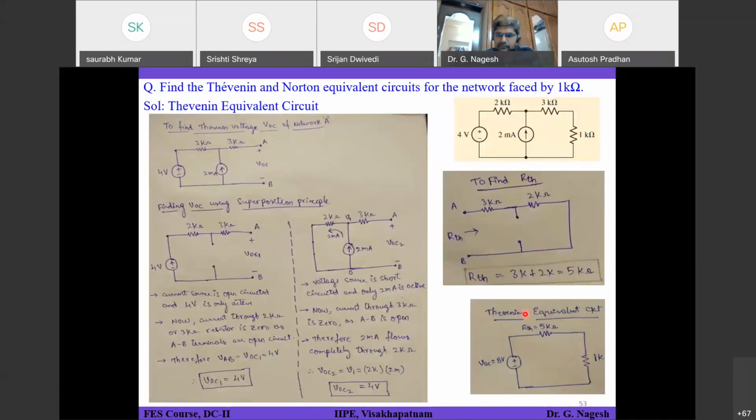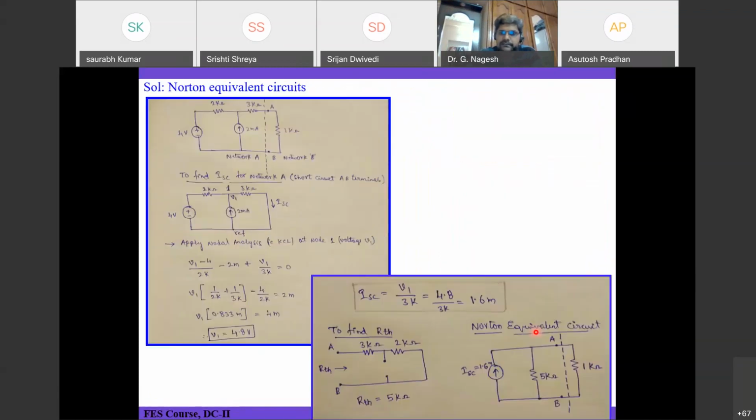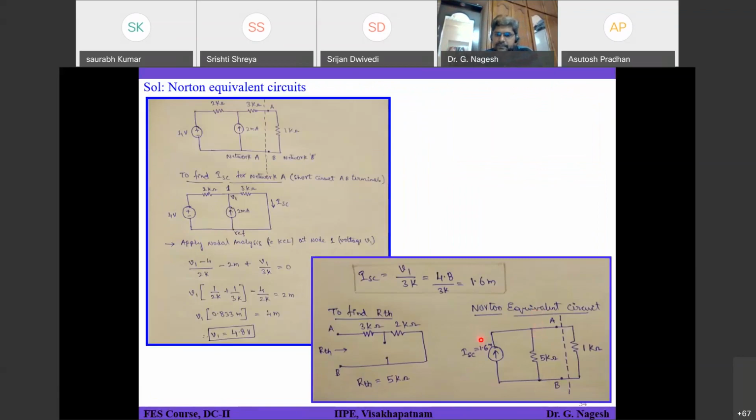If you consider this part as a practical voltage source, you simply convert this practical voltage source into an equivalent current source. You should have a current source in parallel with a resistor, right? That is what is shown here. Is it clear? So that means we can find the Thevenin or the Norton source and convert it. We can use any one way to find both. If I specifically ask you to use Norton's theorem, then you have to adopt this method.